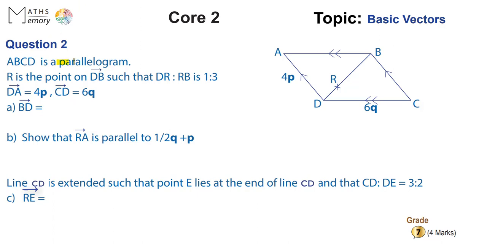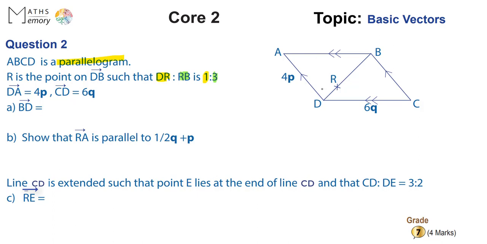ABCD is a parallelogram. We clearly see that, obviously, from these little arrows on these four sides. R is the point on DB, such that DR to RB is 1:3. So that means DR, which is, let's say, one part, equates to RB, which is simply 3 parts over here. Now, when we have this ratio, it's the first time we're seeing this, always write these